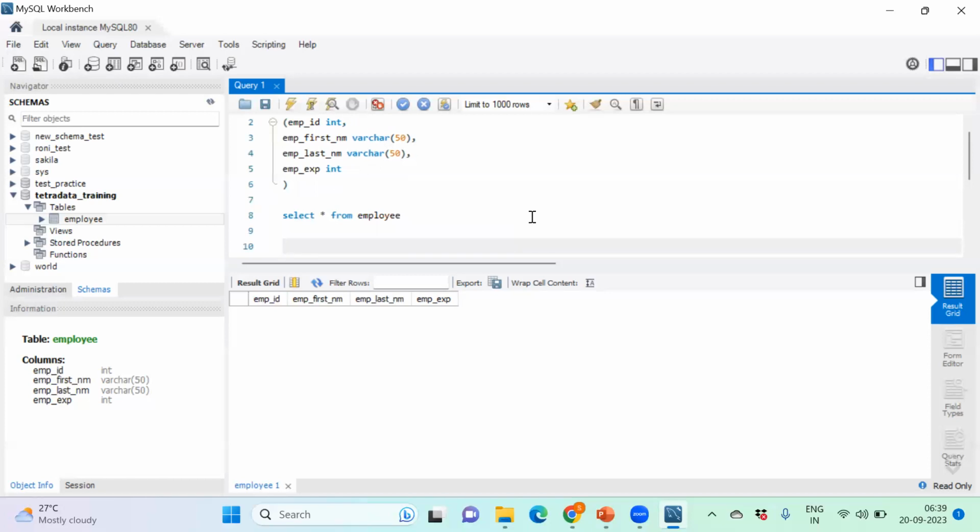Let's create a new column called employee's age, or employee's address. Employee's address is fine. EMP underscore address or ADD. How to alter it? So the alter command is there. Alter table is a keyword. Alter table name, add